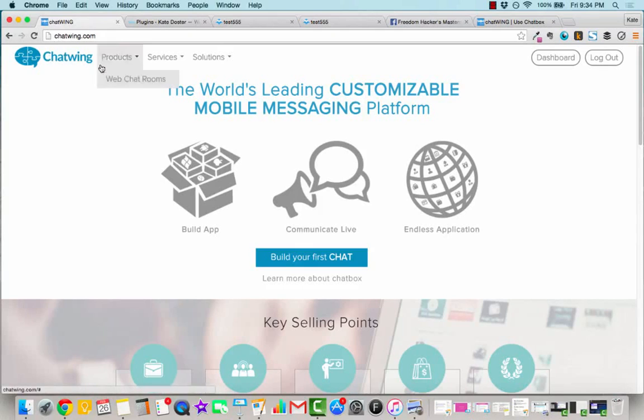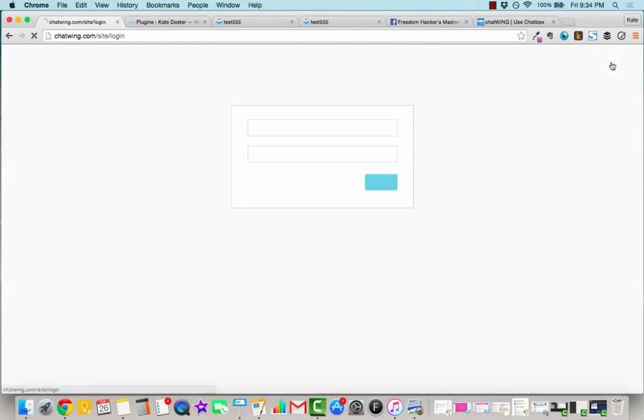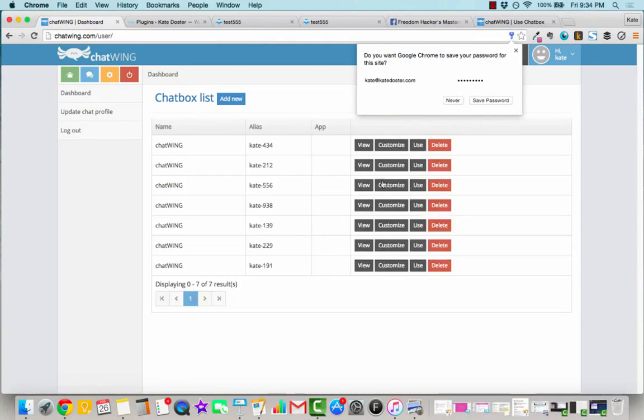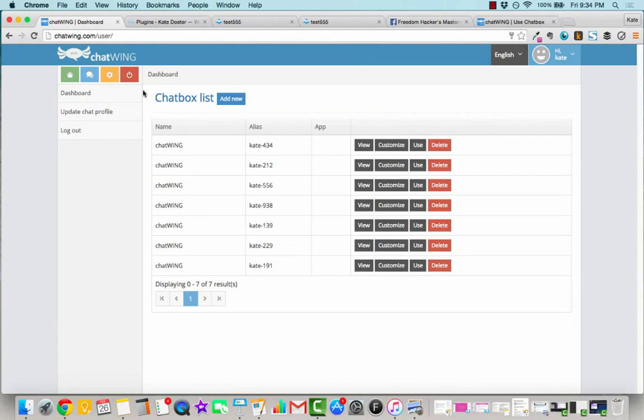So you're going to go over to chatwing.com and I'm going to log out, but you would hit login or build your first chat. You are going to have to create an account, which is fine, no worries. Log in here. And you are going to notice that I already have some boxes made. But what I want you to do is go up to Dashboard, Add New,